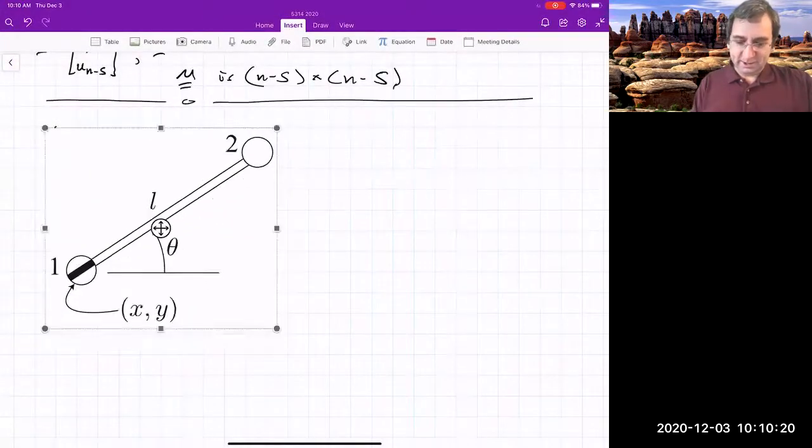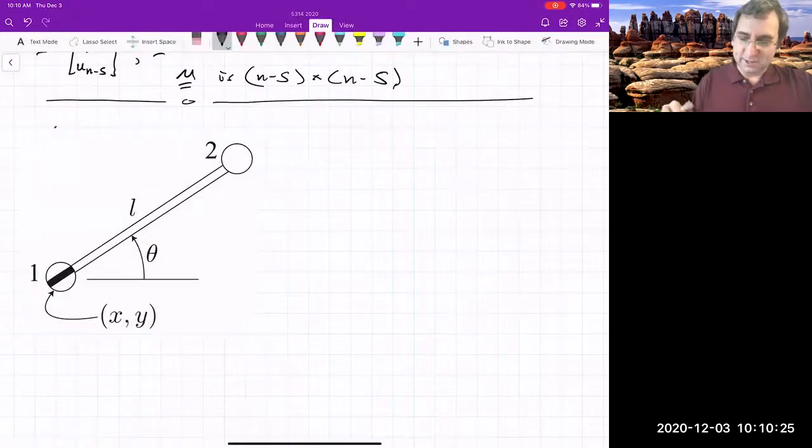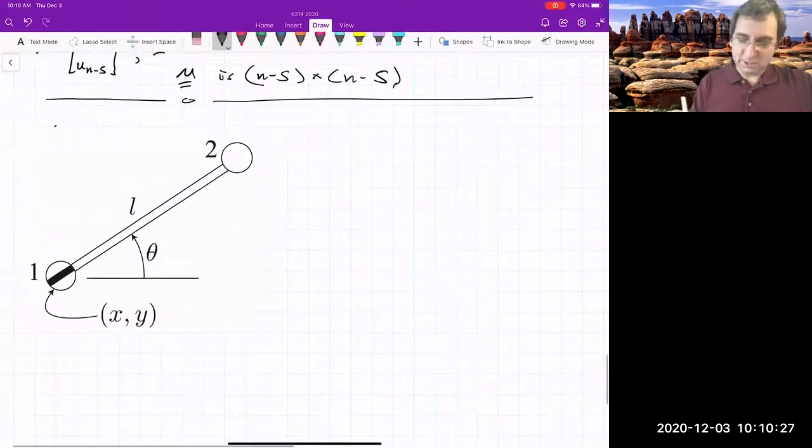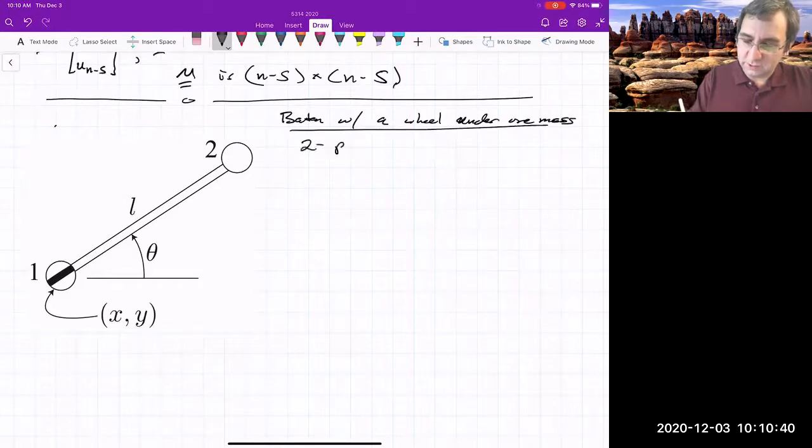Like, what is going on here? Dr. Ross and his weird toy models. Yeah, so this is the baton with a wheel under it. One mass. So this is just a two particle system,